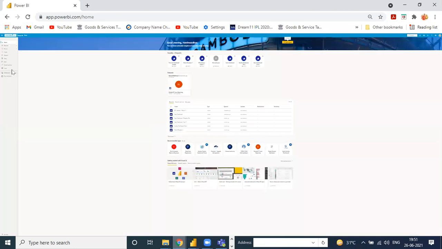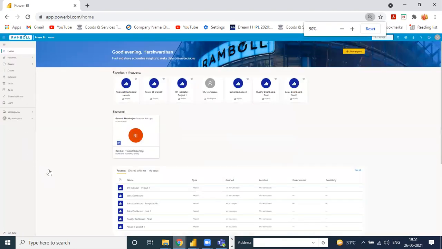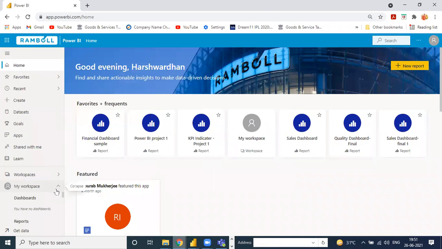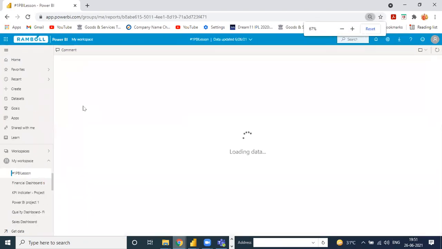This is for my company access, so I have only chosen this. See, here is one of the options: My workspace. Go to here, Reports. Right now we have published these reports. These are the same reports I have published.